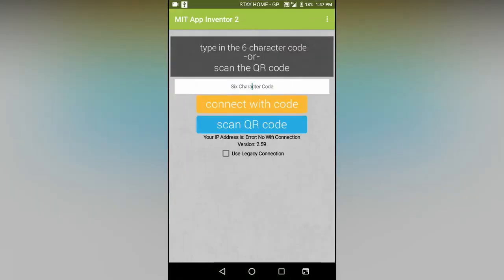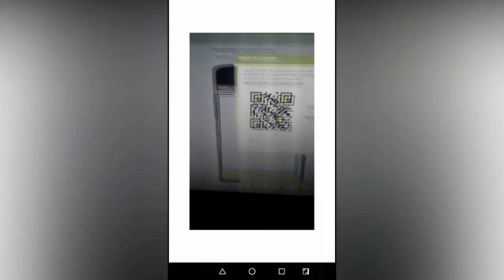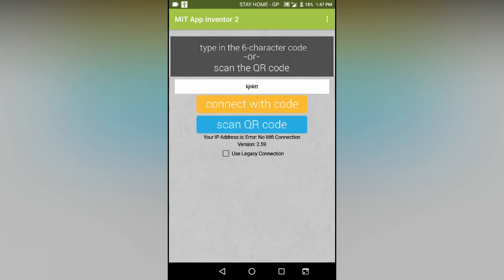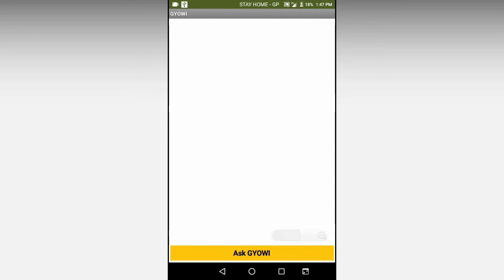Okay, so now let's test our app. Scan QR code. Okay, now it's loading. Now you can see: ask me anything. Okay, screen 1 initialize, and it says ask me anything.